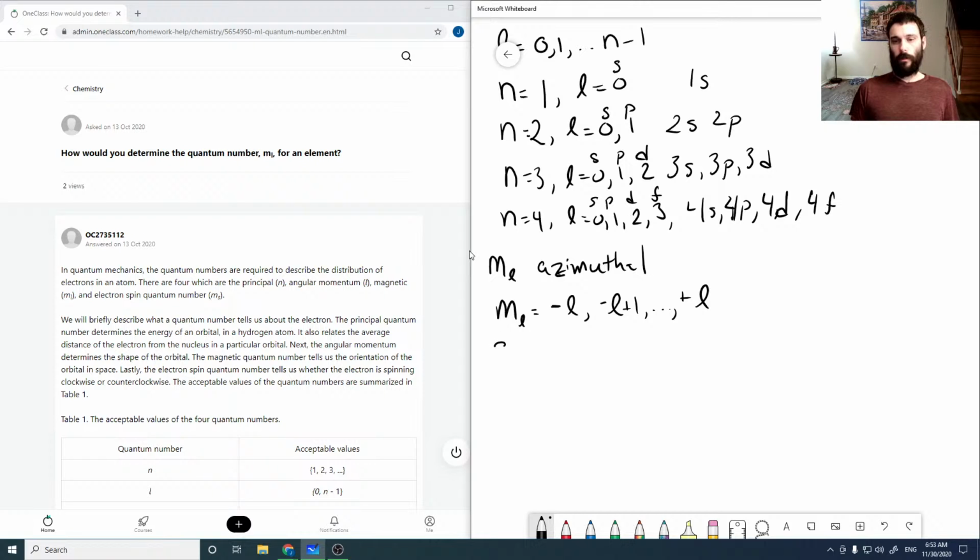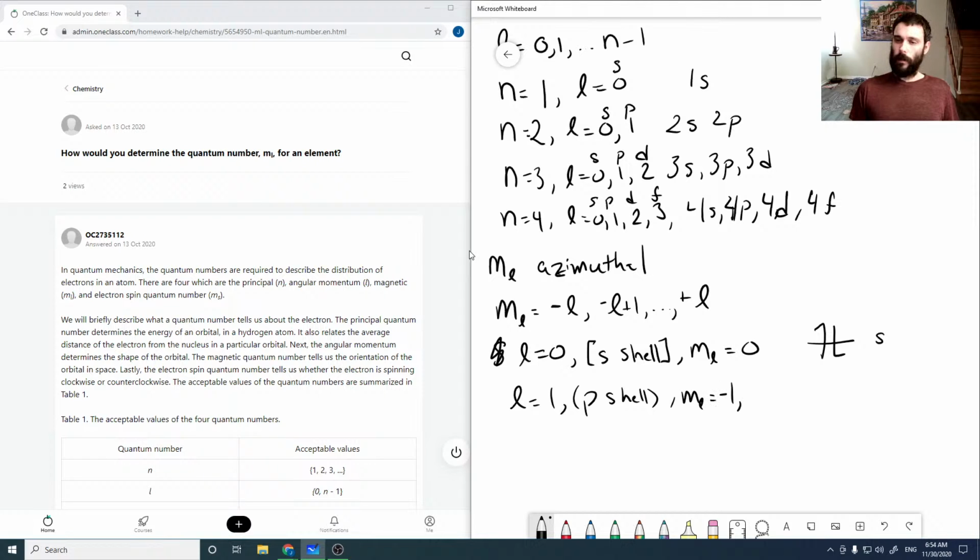So in an S subshell, L equals 0. So in an S shell, ML equals 0, right? It can only have the value 0. So that's the reason why we only have one S orbital, which can hold 2 electrons, as there's 2 spin quantum numbers that can differentiate them. And in an L equals 1 shell, so a P shell, ML equals minus 1, 0 or 1. That's the reason why we get 3 P orbitals, each being able to hold 2 electrons for a whole total of 6 electrons. In an L equals 2 shell or a D shell,